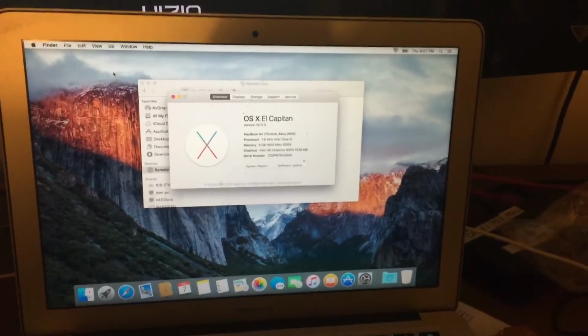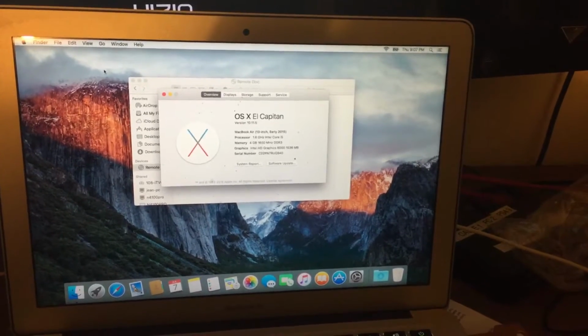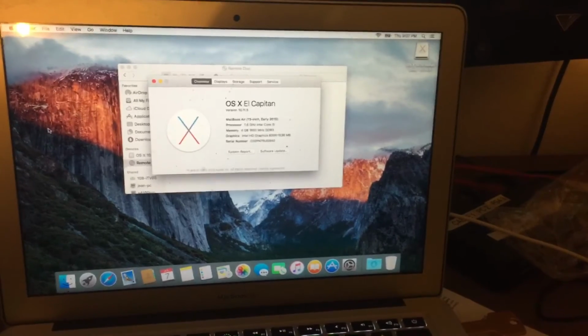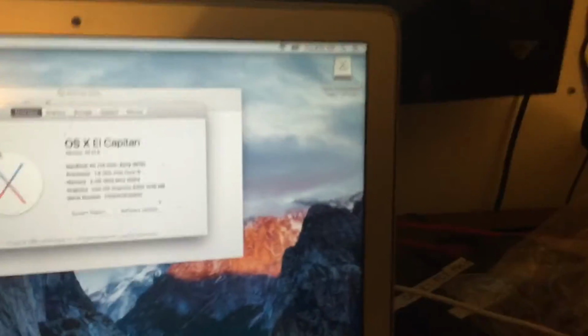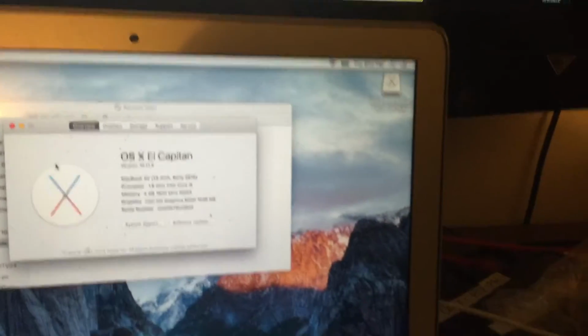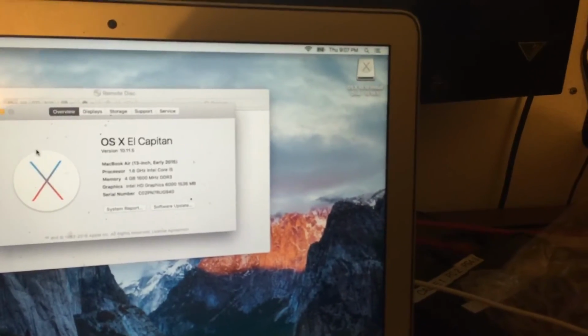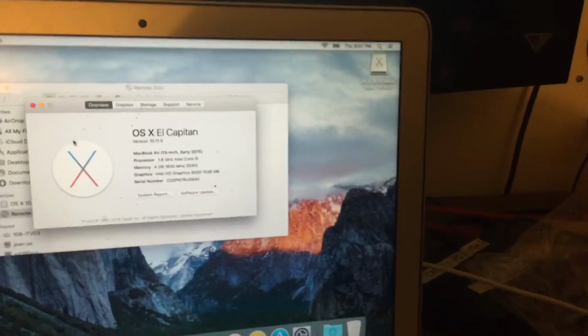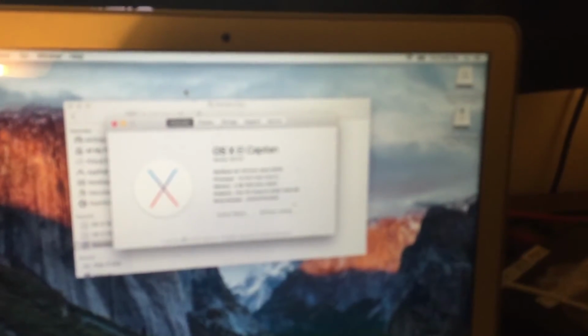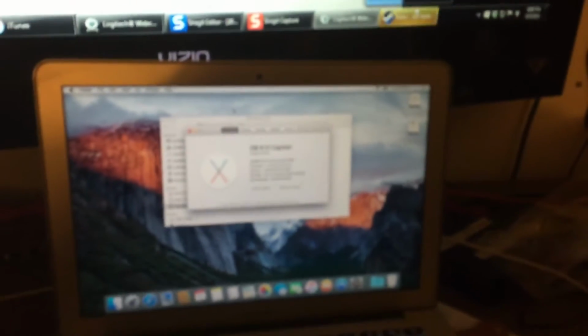As soon as you put it into one of the USB slots on your MacBook Air, we should see a pop-up over here in the upper right hand corner. It's not focusing properly, but